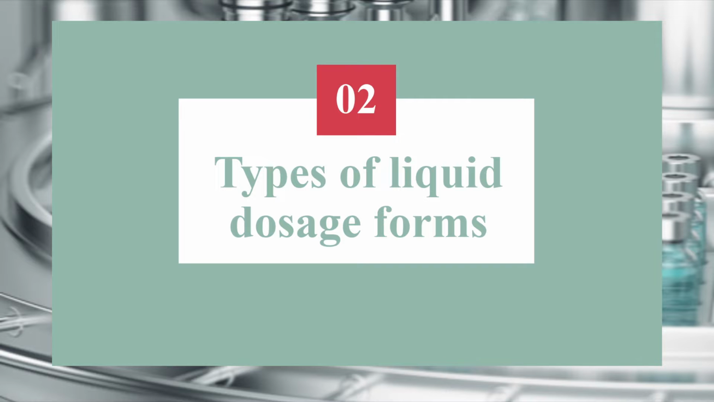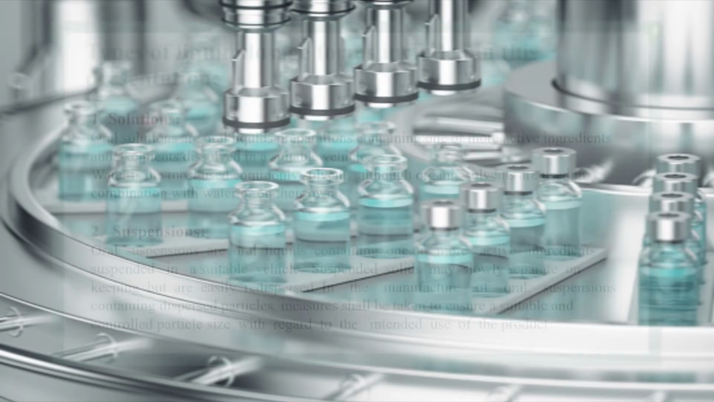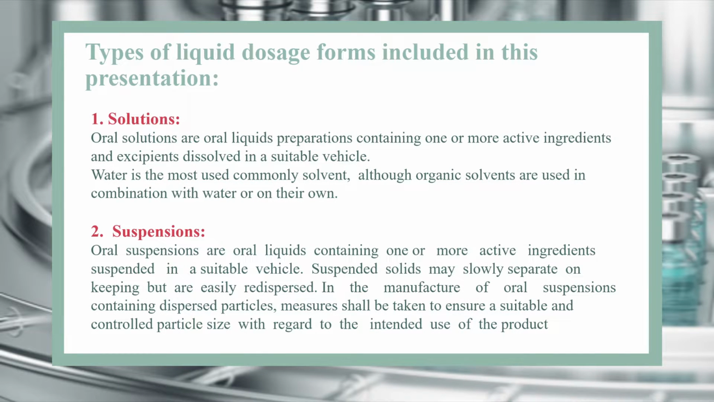Types of liquid dosage forms. Liquid dosage forms are divided into two types, monophasic and biphasic. The monophasic is divided into two types, which are aqueous and non-aqueous solutions, and the biphasic is also divided into two types, suspensions and emulsions. Types of liquid dosage forms included in this presentation are: